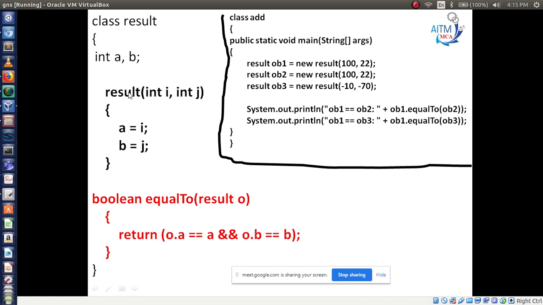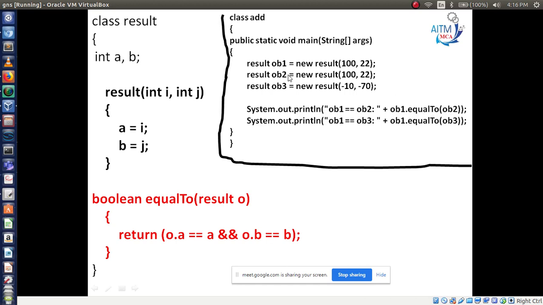The result constructor takes two values, 100 and 22. 100 is stored in i and 22 is stored in j. Now the i value is 100, the j value is 22. So the a value is 100, the b value is 22. Now you are checking the condition ob1 equalTo ob2.